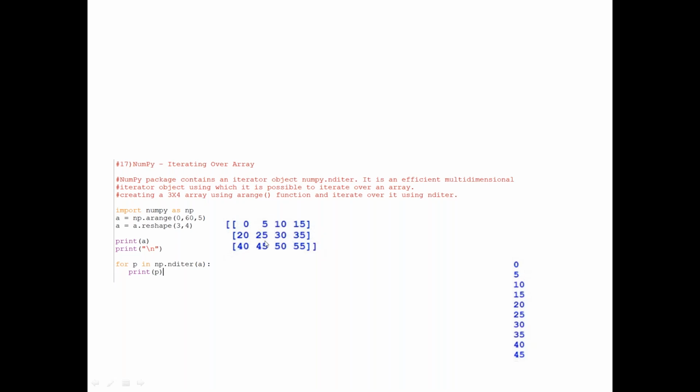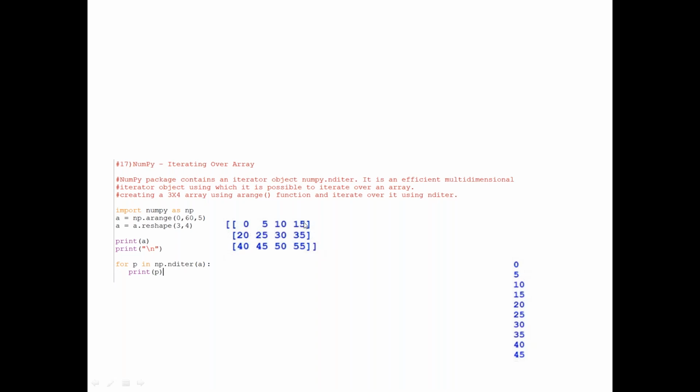Now I want to retrieve the data from this. To retrieve the data, you can use np.nditer. nditer is going to help you retrieve the data from a matrix. So for any kind of matrix, nditer, in brackets the name, so A. From this, the system is going to take the first row, 0 and 0, 0 and 1, 0 and 2, row wise, 0 and 3, 0 and 4.